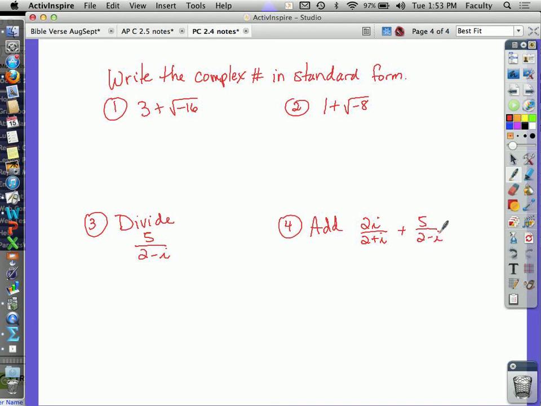Try these 4. 1, 2, and 3, I did problems just like these in the notes, but number 4, I didn't do anything just like it. However,